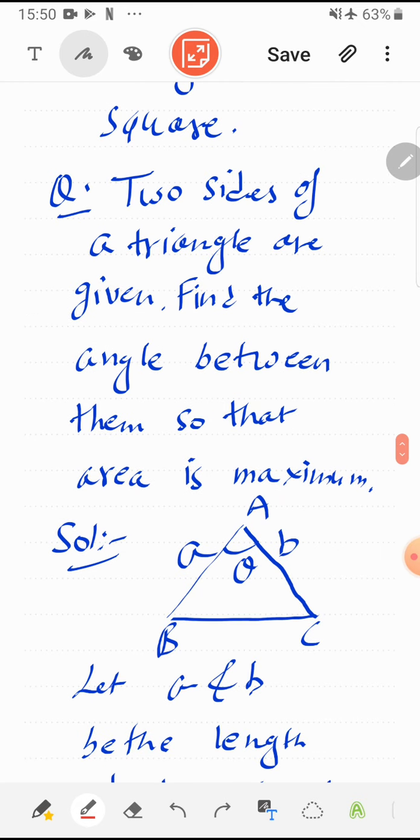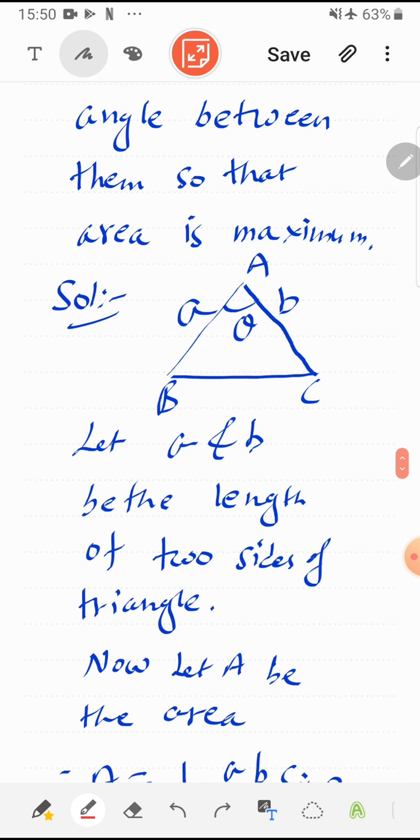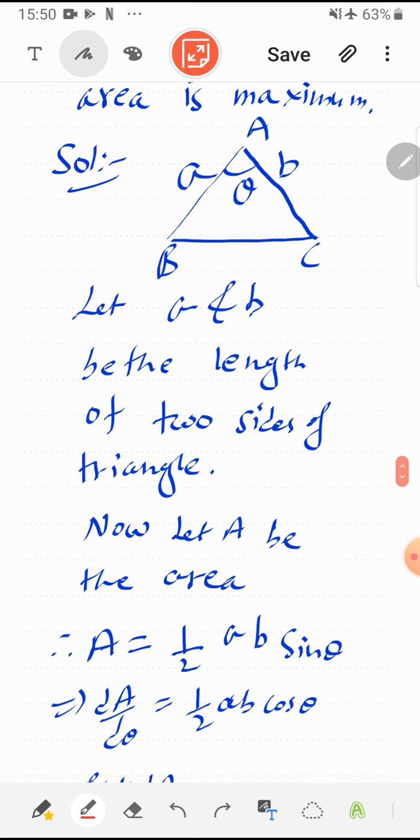So diagram we can draw like two sides and they are having theta angle. So let A and B be the length of two sides of triangle and let capital A be the area. So the formula of area of triangle is half AB sine theta. And when this theta is 90 degrees, sine theta becomes 1, then it is converted into half into base into height, which we have done in our earlier classes of school life. So this half into base into height is derived from this expression. So now,